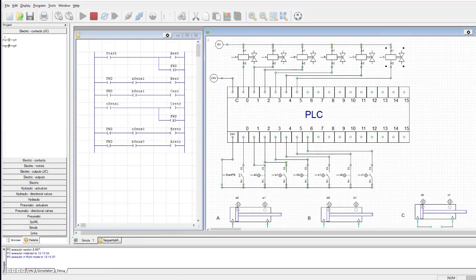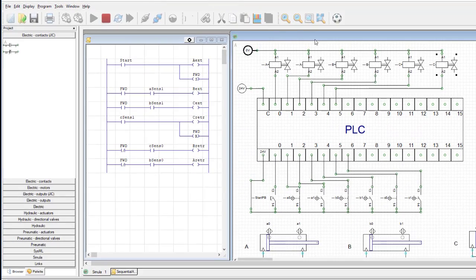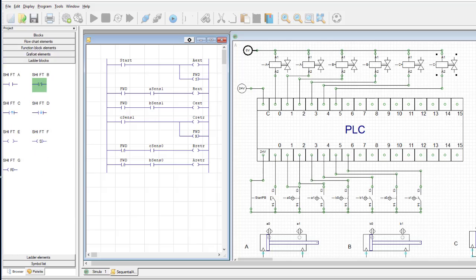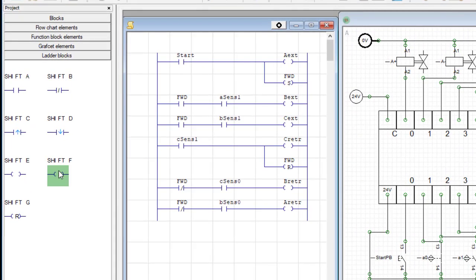All right, back over to AutoSIM and we'll make the changes. So I'm going to stop this, go to Program, Unconnect. And what I'm going to do is basically change this to a set output for the A extend. So let's go to Palette. Oh, sorry, I have to select the ladder diagram in order to bring up the palette with the ladder blocks. Go down to ladder blocks, click on set,